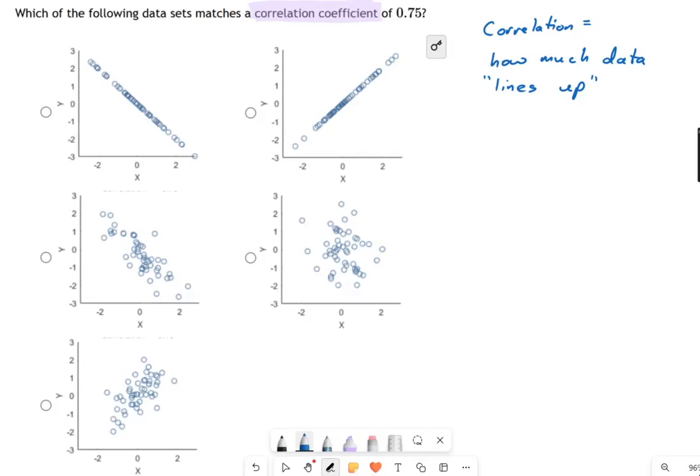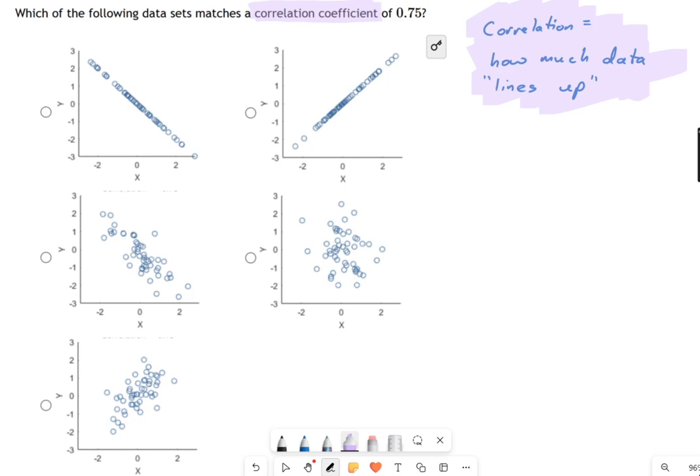We have a problem here which is becoming a little more common on the ACT. Every now and then you'll see something like this where they ask you about the correlation coefficient. It has to do with statistics and data, and it's really important to know what that definition is because otherwise you're not getting anywhere in this problem. So correlation, if you look over here,